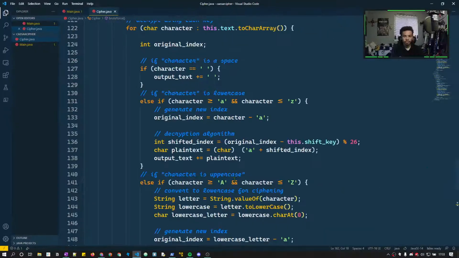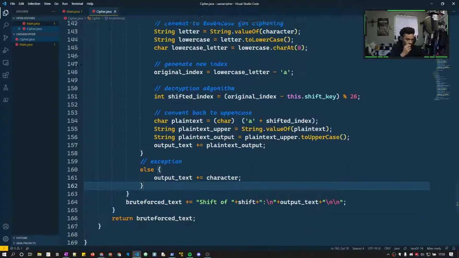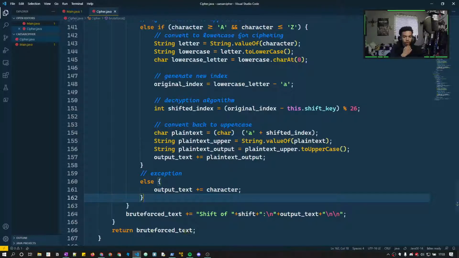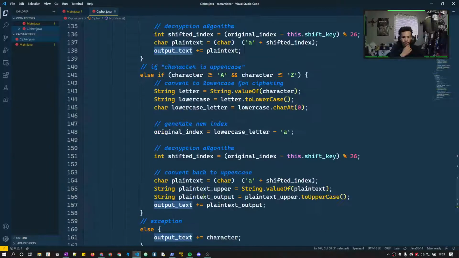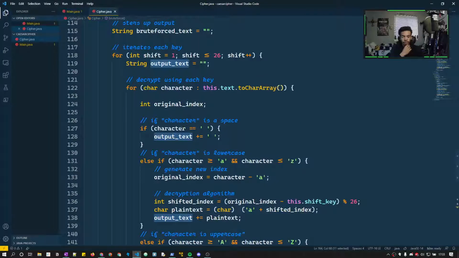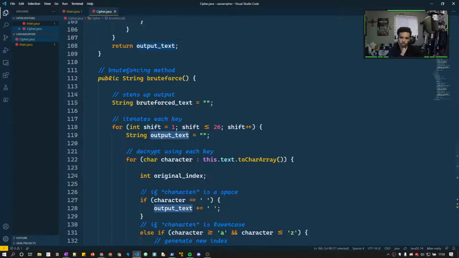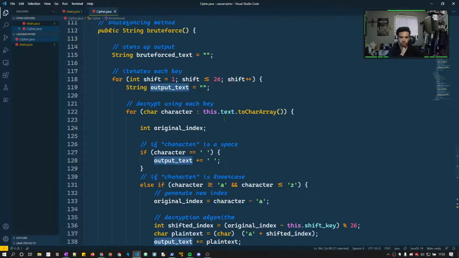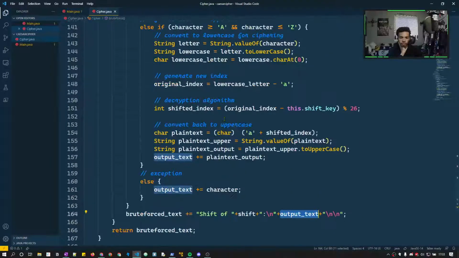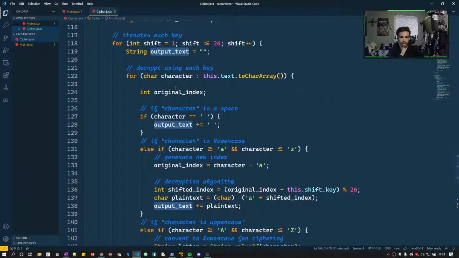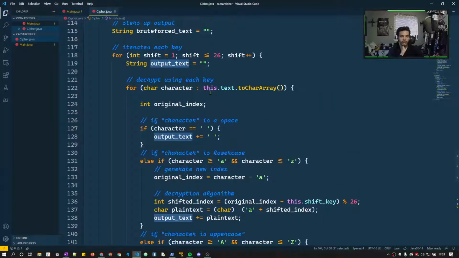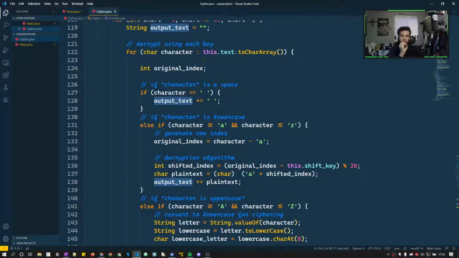So let me zoom out again. It will return the brute force text. The brute force text plus equals the shift of the output text. The output text is what's outputted after each one. So there's no reason this shouldn't be working. So string brute force text. Why is it saying the output text is equal to this.text? Because that's not true. So for character in the text to character array,